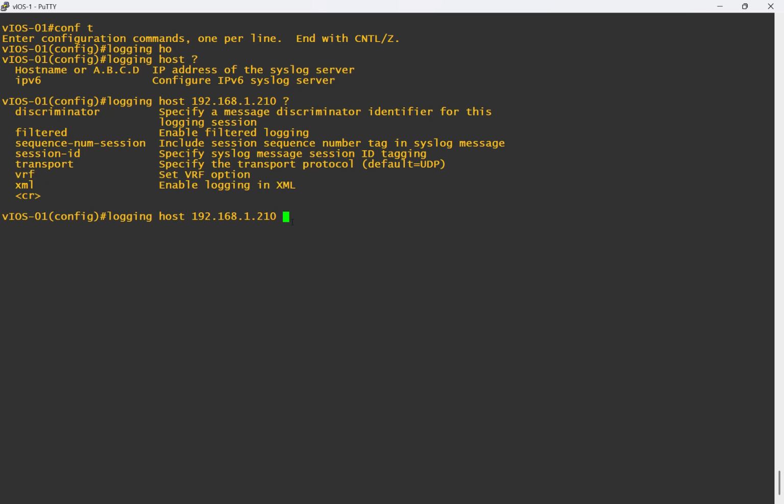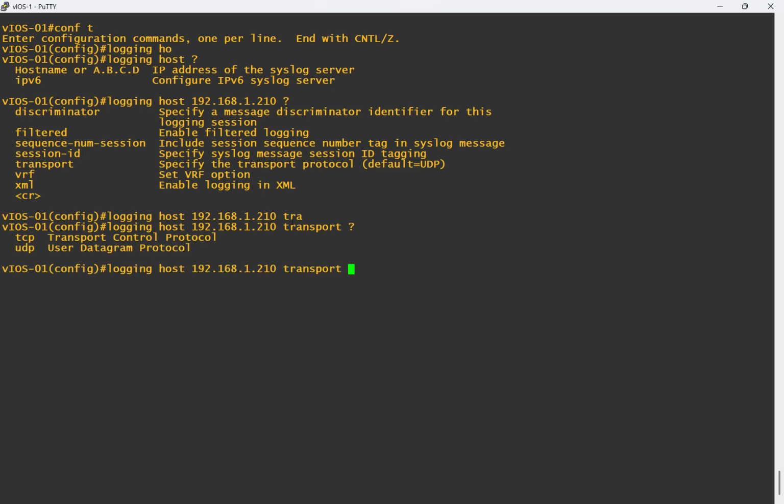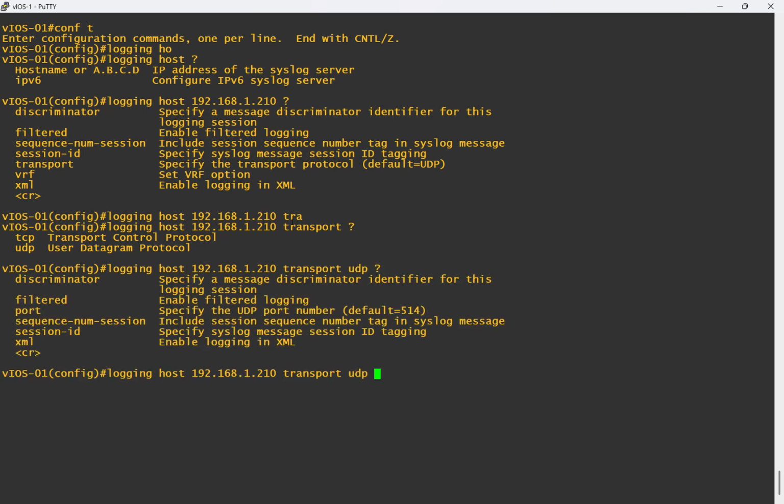By default, syslog messages use UDP port 514. But if for whatever reason you want to change that port, or your syslog server is listening on another port, you can use the transport keyword. In transport, you can mention whether you want to use TCP or UDP. If it is just UDP on another port, you say UDP and then the port number. Or if you're using TCP for your syslogs, you say TCP and then the port number. Since I'm using the default UDP port on my machine, I just say logging host